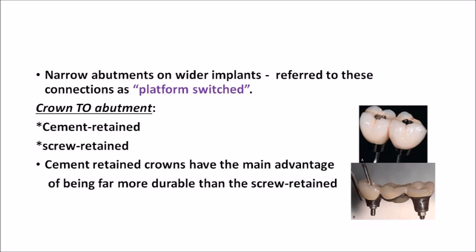Now the abutment to the crown attachment. We have placed the implant, over that we have placed the abutment, and over the abutment we have to place the crown now. This can be cement retained, or it can be screw retained. As we all know, cement retained has more advantages and is far more durable than screw retained. Just like after RCT, you prepare the crown and you place the crown over the prepared natural tooth using cement. So it is just like that. Using cement, you are going to place the crown over the abutment.